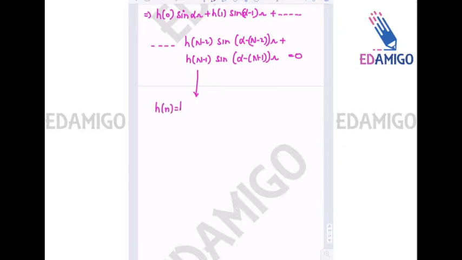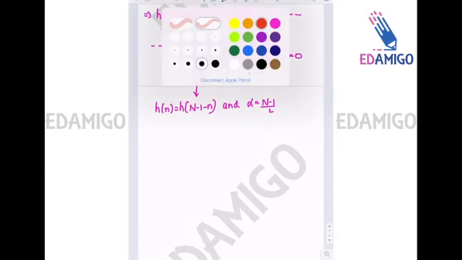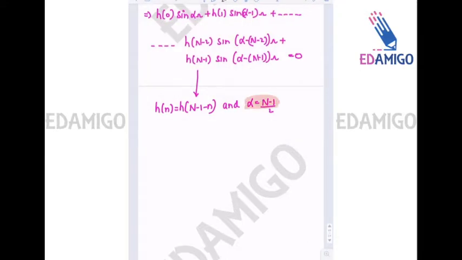Hn is equal to h of n minus 1 minus n, and alpha is equal to n minus 1 divided by 2. Okay, so these two should be the conditions for this to happen. So these two are very important conditions. Now what will happen if these two conditions are satisfied? So if these two conditions are satisfied, then we can say that